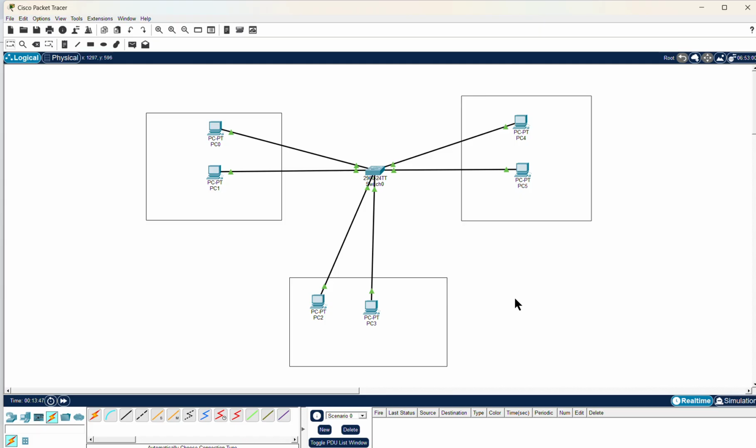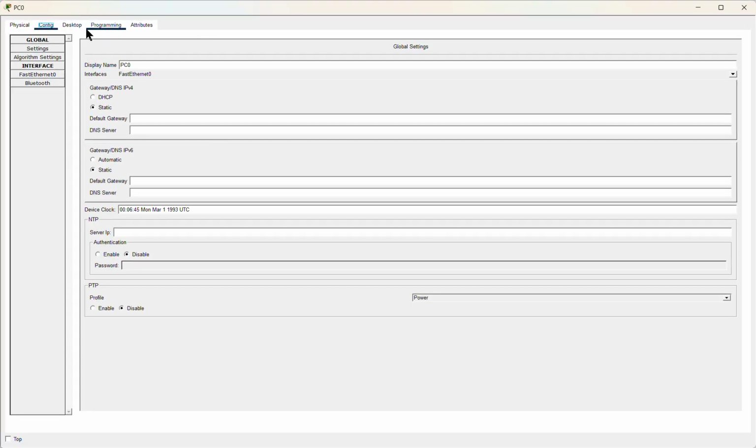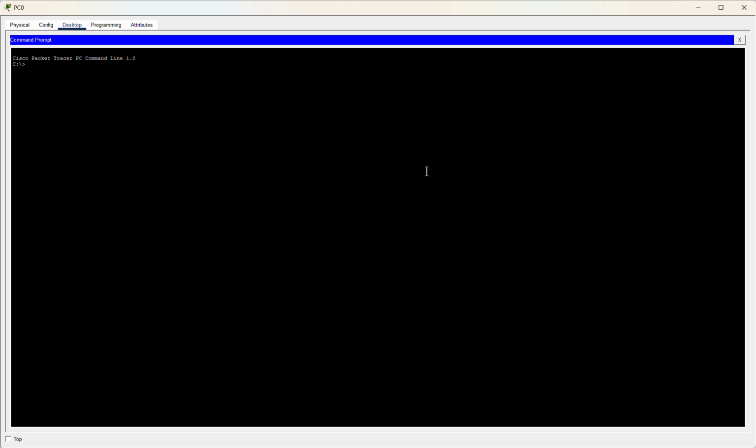Now let us try one thing from this PC, let's say PC 0. Let me try to ping to PC 6, that is 192.168.10.1. So let me just open this, go to the desktop, go to the command prompt. So in the command prompt, let me say ping 192.168.10. Let me try first 2, because 2 is supposed to be within the same network, and right now we